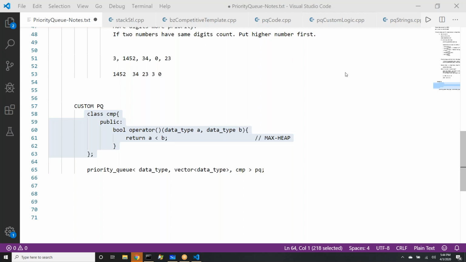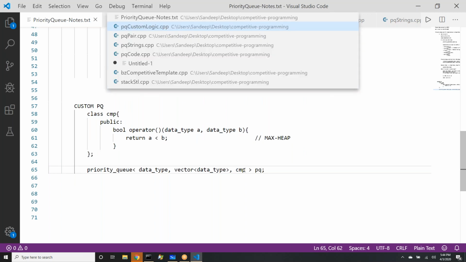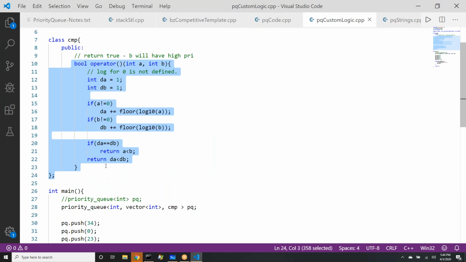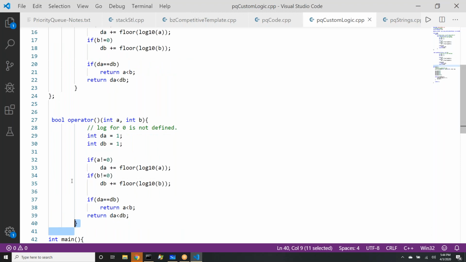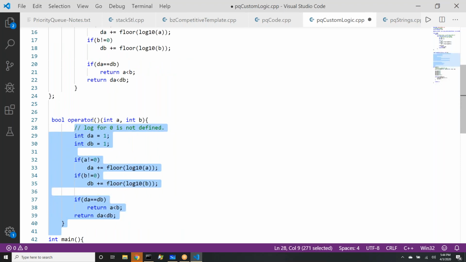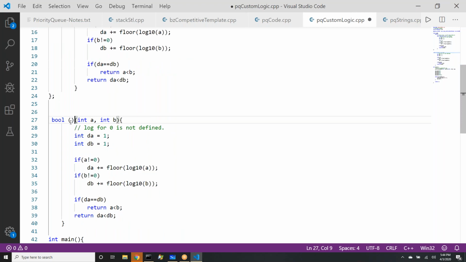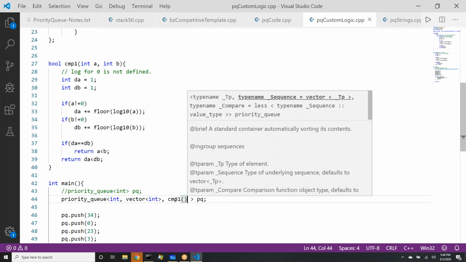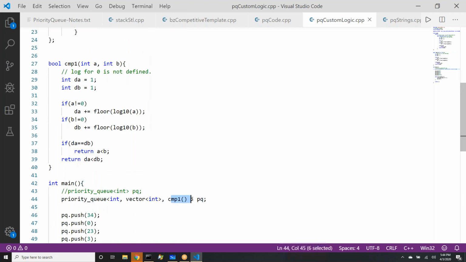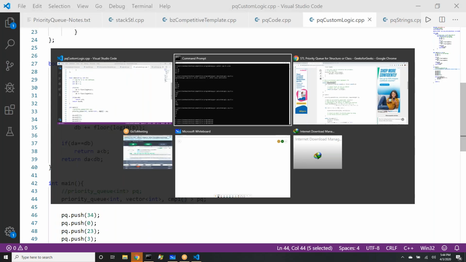Right? But one change comes if you use a function, then I think you will have to put 2 round brackets here. I think that is what somebody was pointing out. What Ishwara was saying. Let's try that in case you really want to do that. I'm just copying the same function outside, and let's put this function here, and let me change the name of the function. Function will be bool cmp1. So now it is a function. It is no more operator overloading. So we have defined cmp1 function, and our goal is to try whether this function syntax will work or not. So when you use function, you have to give round brackets.